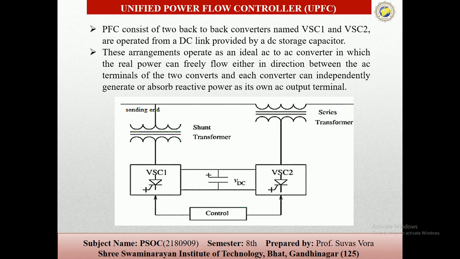So here you can see the VSC1 is connected in parallel to the transmission line using the shunt transformer, and VSC2 is connected in series with the series transformer. Now the DC terminals of the two VSCs are coupled to each other, and this provides the path for the active power exchange between the two converters. So the VSC2,